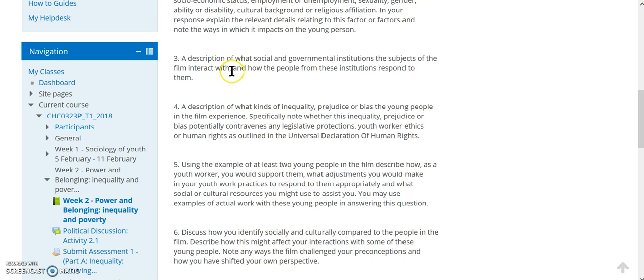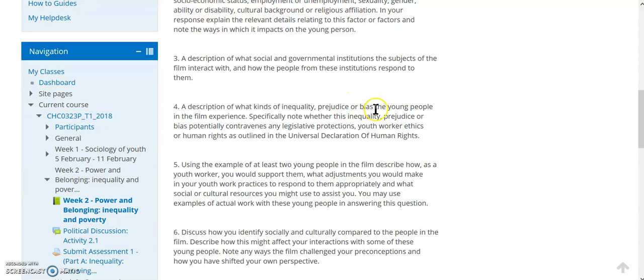Or maybe you can just describe why they're involved. For example, you might say this subject in the film was involved with this organisation because they had a problem with crime, something like this, for example. A description of the kind of